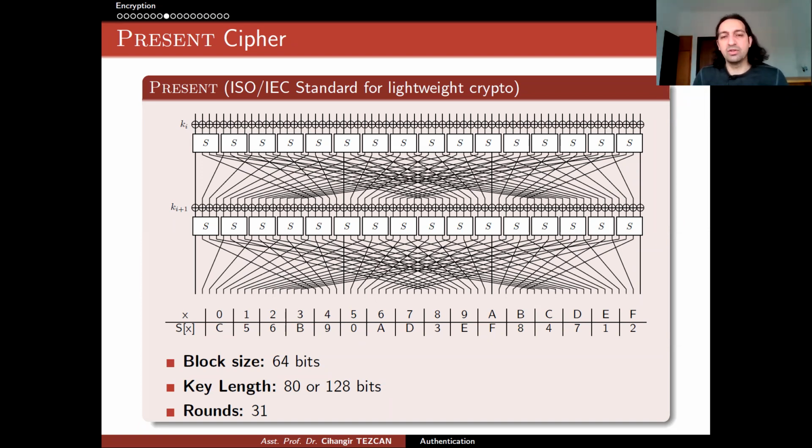This is why I say the addition in modulo 2. So there's a simple XOR operation here. Then there is an S-box operation here. You can see that there's a 4-bit input and 4-bit output. If you write that 4-bit input in hexadecimal like this, you can represent 16 different values as 4 bits because 2 to the 4 is 16.